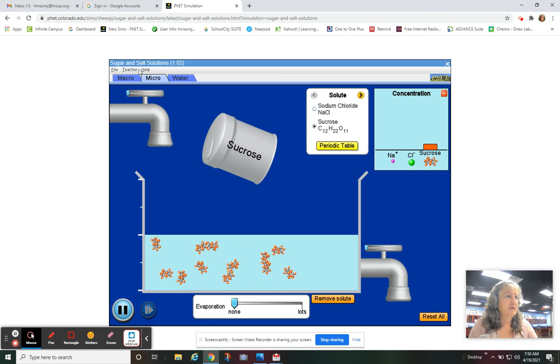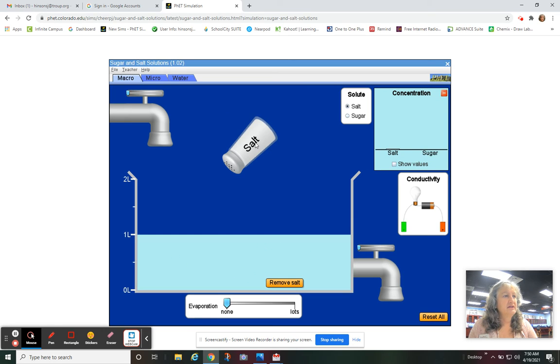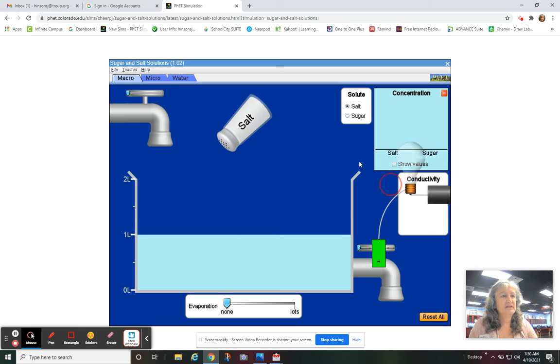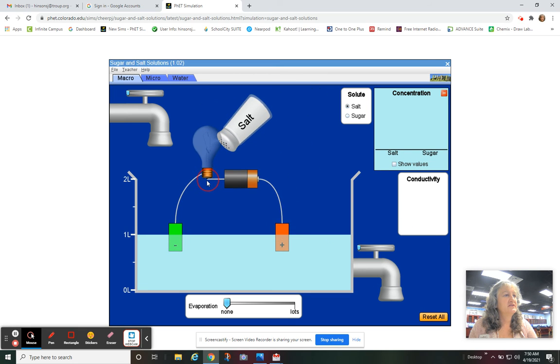So now we're going to flip back to macro. And this, unfortunately, does not allow us to see the dissociation of the ions, but it does allow us to do a conductivity test. Actually, let's reset that and test the conductivity prior. All right, if this is distilled water, what happens to my light bulb here? All right, there are little or no ions in solution, so this pathway is broken and the light bulb does